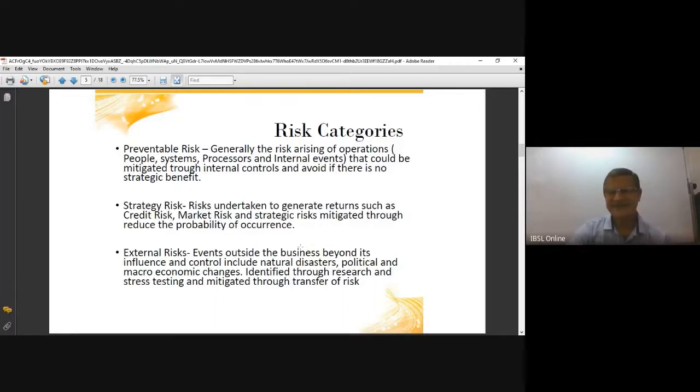So the other one is the risk which is arising from outside. Now these are events outside the business. Sometimes it's beyond the control of the business undertaker. For the last 2 months, we were under a lockdown situation. We never expected a virus could create such a big disaster, with countries locking down people from doing their day-to-day activities. So those are not actually in the strategic way of doing business.